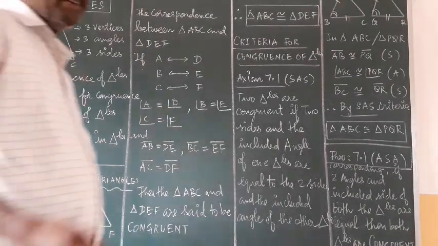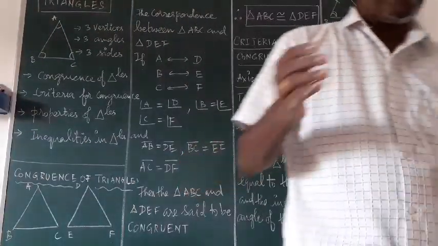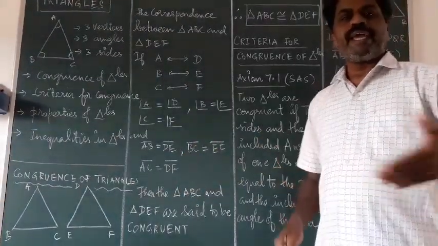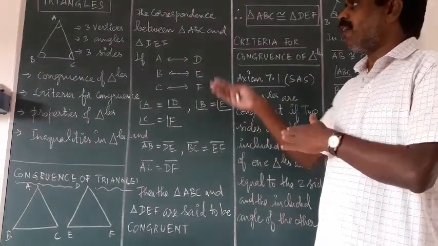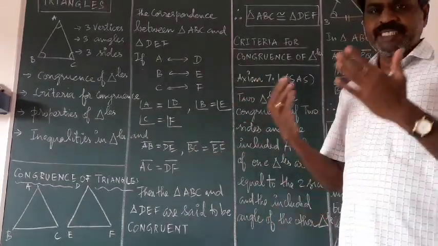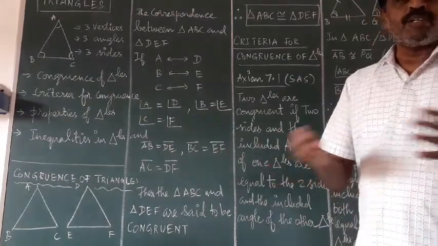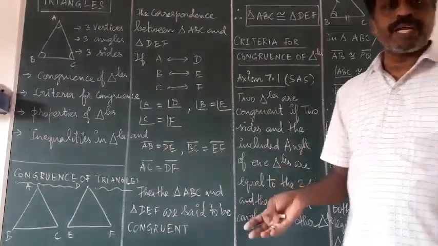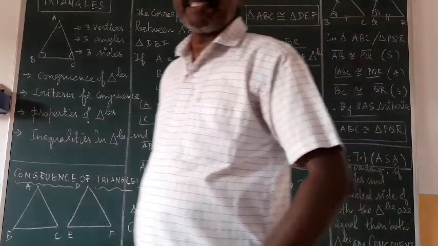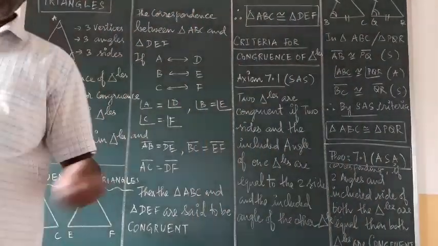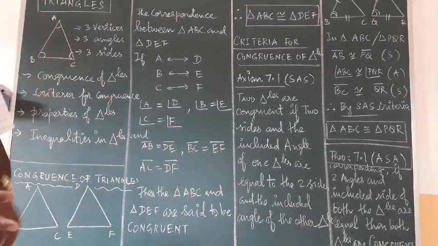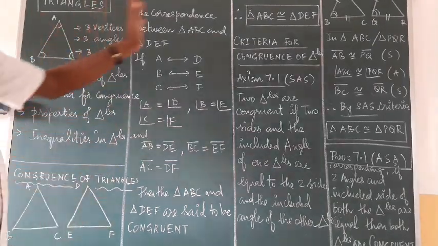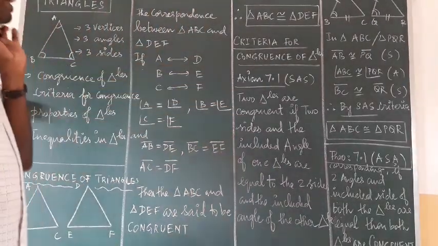In triangles, you already know the shape of the triangle, and you studied some basic things about triangles in the lower classes. Today in this chapter we are going to see what a triangle is, what the congruency between two triangles is, what the similarity conditions are, what theorems and axioms exist. Based on that, we will see some problems in the triangle chapter.